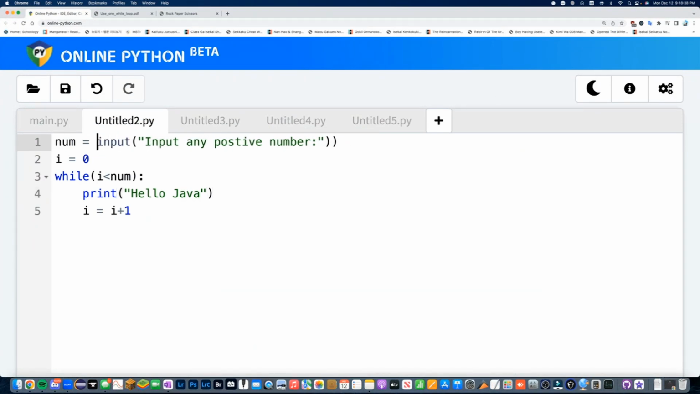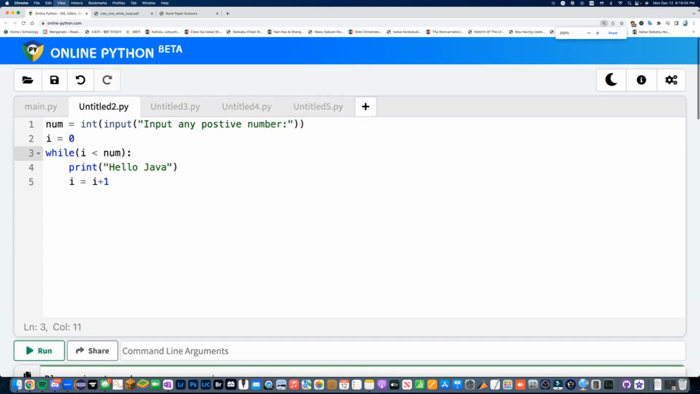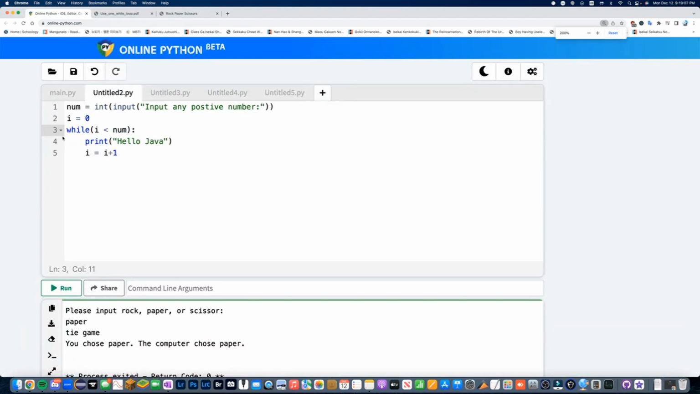I'm actually going to erase this so I can show you the process. Input any positive number. However, we know that when I put in an input, I will instead get a string. Instead, what we want is a number, so I cast this entire thing into an integer. Then I make this variable called I. Why did I do that? Because when we use this while loop, we need to count how many times it happens, or else we'll get an eternal loop. So, I say while I is less than num,